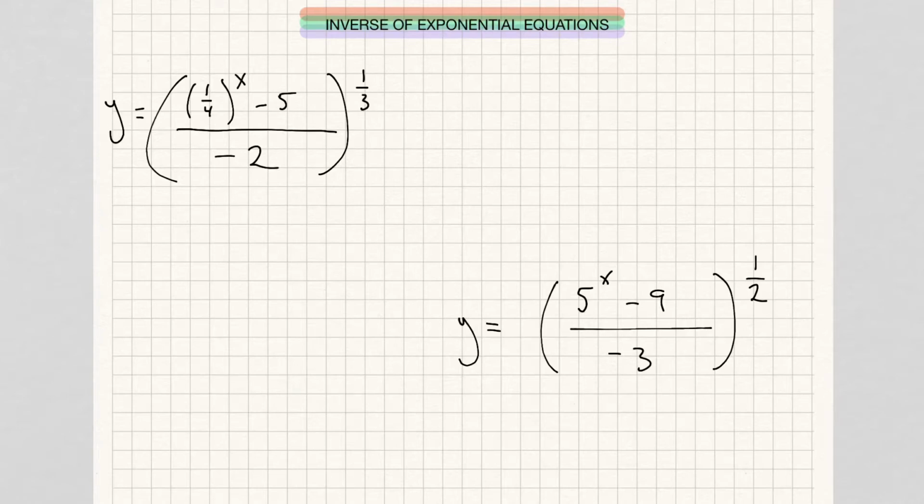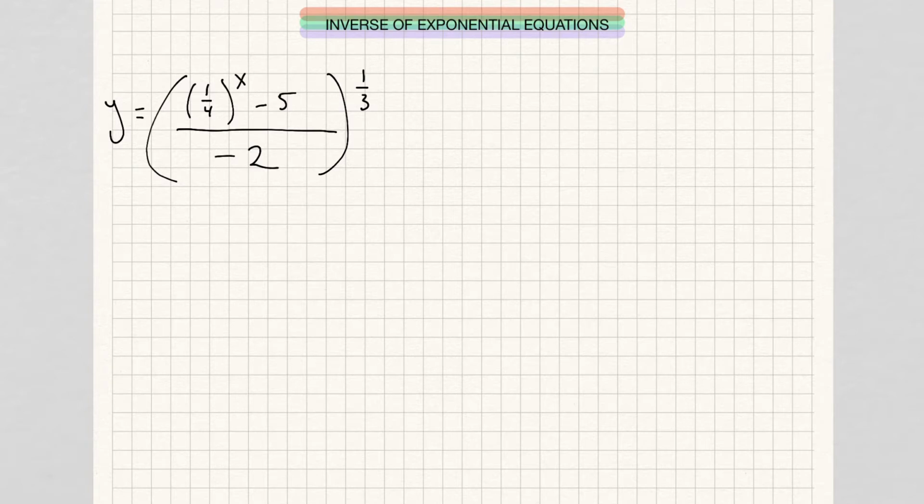Good day. Let's do the inverse of exponential equations. So here are two exponential equations that we're going to find the inverse. All right, working on this first one here, you see we have this y equals all this stuff with x